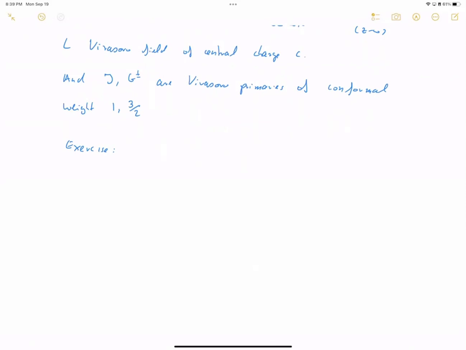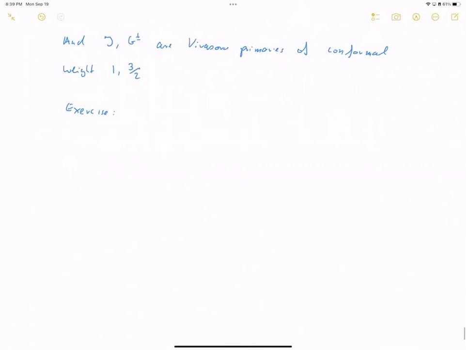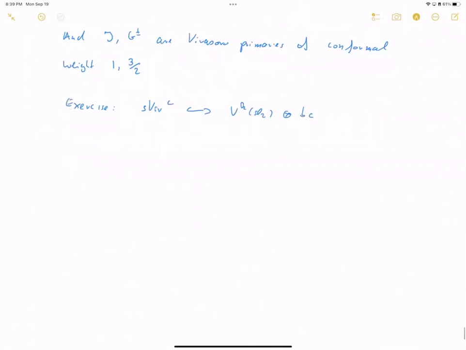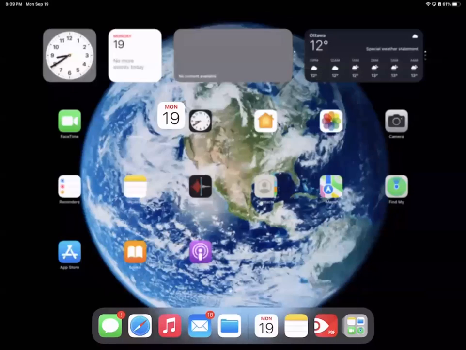And indeed, if you do this and just call these two fields G plus minus, compute their OPEs, you will observe, that's of course a longer exercise, that they obey the OPE relations of the N=2 super Virasoro algebra. So this means you have a homomorphism from your super Virasoro algebra inside the affine vertex algebra of SL2 if you add two free fermions. Here, by B and C, I mean